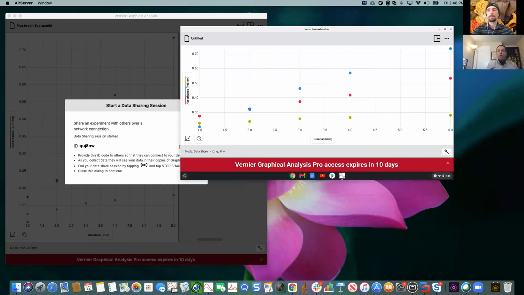Why don't you all try that right now? You can do that and we can analyze the data together so you can see that it works. Go ahead and analyze it, take a look at it, and you can pretend to be the students, and then I can go back to the other session. Let me know if it works. I'm going to wait right here for a few minutes and just let me know if it actually worked for you.